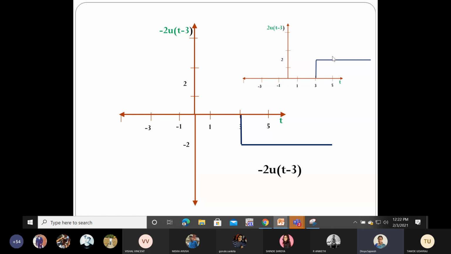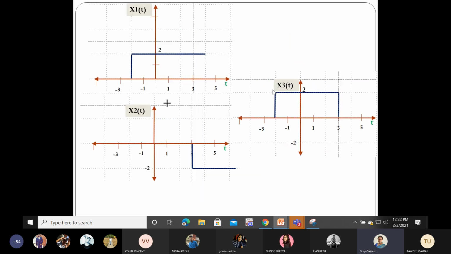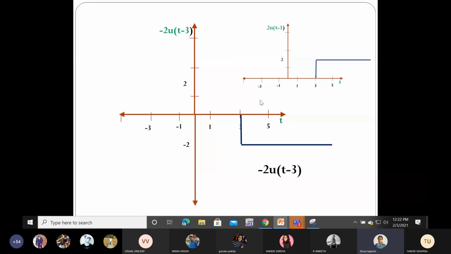At the end we will do the reflection of the signal. So here we apply the negative for that. So the signal will get now inverted about the x-axis. Earlier we have seen inside the bracket there was minus sign, minus t it was there. Now on the magnitude or the amplitude we have the negative sign. So the signal now has to be flipped about the x-axis. So this was your 2u(t-3). Now that has to be flipped about the x-axis. So now the amplitude will change to minus 2.